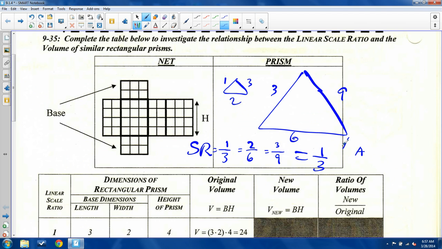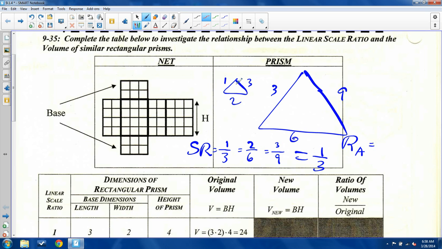But the ratio of area, I'll call it AR, is different. It's not 1 to 3 because the question always is, how much bigger is the triangle? Just because each side length is 3 times bigger doesn't mean the triangle is 3 times bigger. In fact, this is something we talked about or proved before, and I know this isn't drawn to scale, but